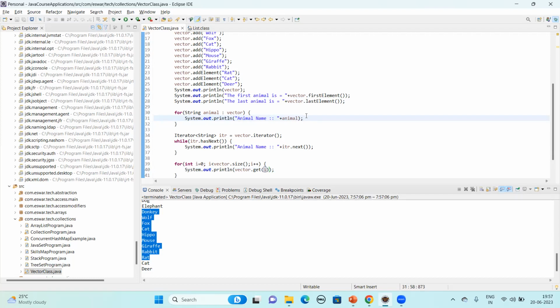However, it is synchronized, whereas array list is not synchronized. Why synchronized? Since it is thread safe. Vector is thread safe, whereas array list is not synchronized. If it is not synchronized, then that is not thread safe. Any class that is not synchronized is not thread safe, and any object that is synchronized is thread safe. Means if you are synchronizing the calls, then your calls are thread safe,